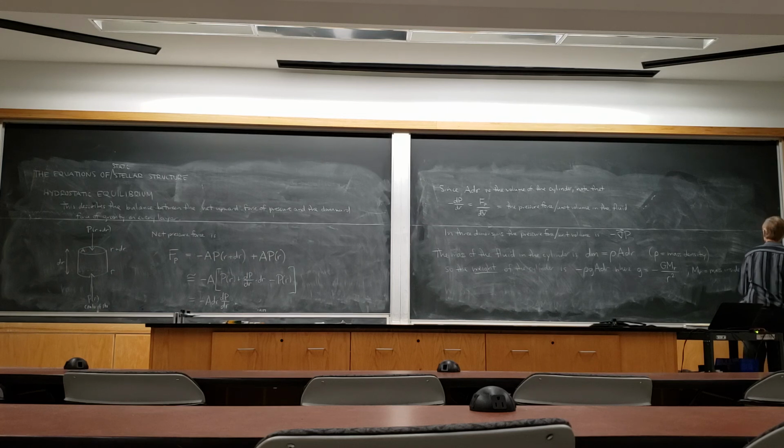So I'm invoking the fact that gravity, because it's an inverse square law of force, just like the electromagnetic force, obeys Gauss's law. Remember that in electromagnetic theory, we learned that if you have a spherically symmetric charge distribution, only the charge within that radius contributes any net electric force. Gravity works the same way. Only the mass within radius r contributes any force. So the mass enclosed, exactly. So if this is radius r, M sub r is the mass inside radius r, and minus G M sub r over r squared would be the local acceleration due to gravity, because the force on a little chunk